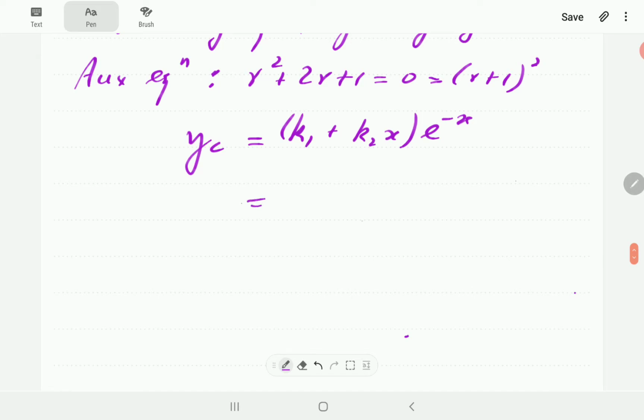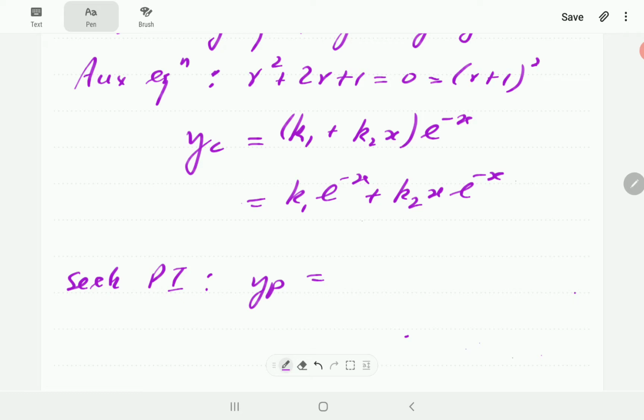Just going to remove the brackets here for reasons that you will see in a moment. K2 x e to the minus x. Then we're going to seek a particular integral